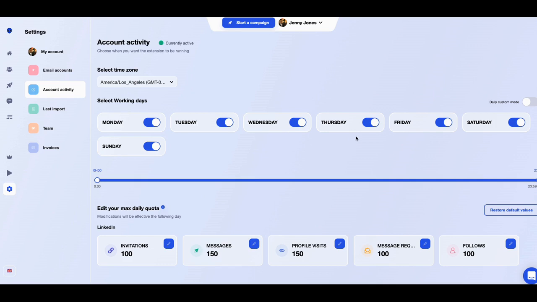That's one thing LinkedIn does, is they want to make sure that you don't do a whole lot. And this has a 24-hour window here. You can see here 23 and 59. And this tells you your daily limit, your daily quotas, right? 100 invitations, messages 150, profile visits 150, right? Again, you can only visit so many profiles a day. LinkedIn is very, very funny. They don't want it to become a spam machine, and so you really have to be careful on how you do that. And you can only follow 100 people